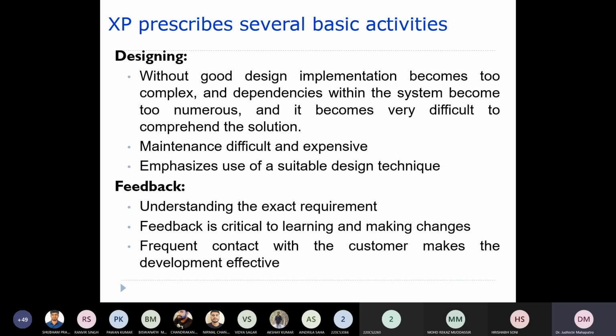Usually you take feedback from the customer, you try to learn, and you make some changes in the software. Frequent contact with the customer makes the development effective. You have better interaction with the customer. That is one of the good activities that is part of the extreme programming model.